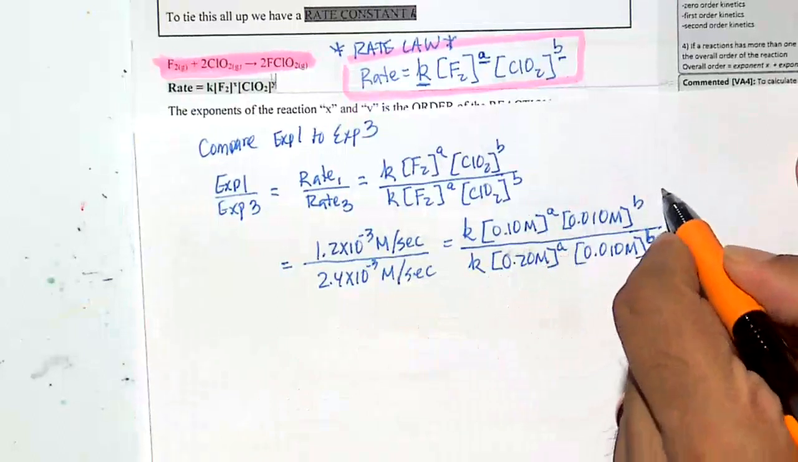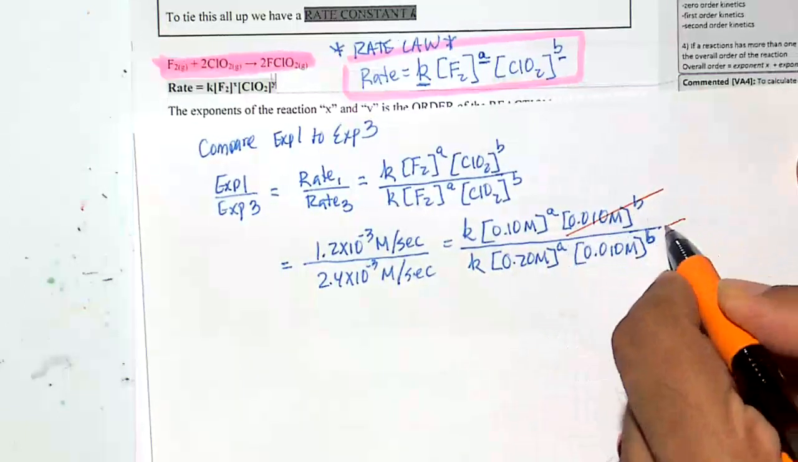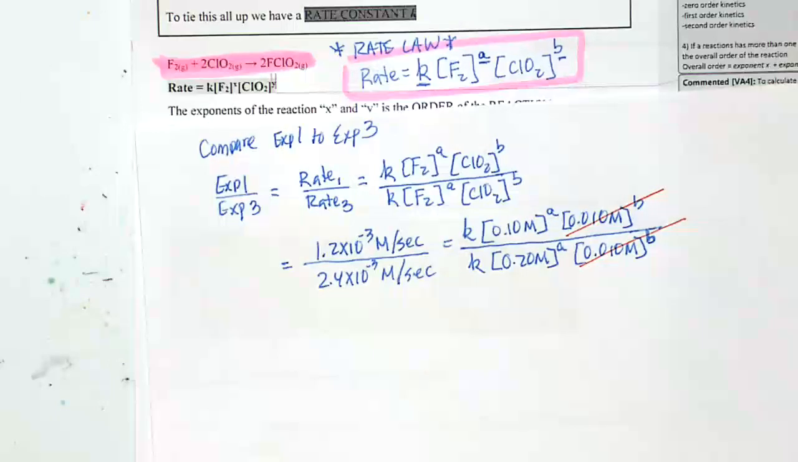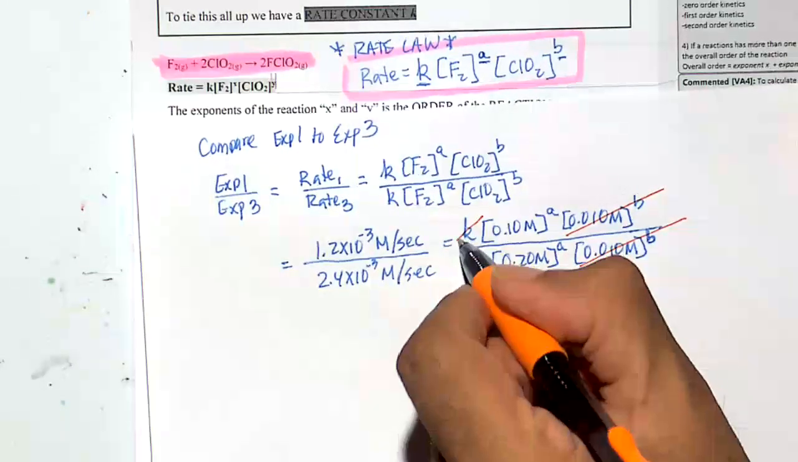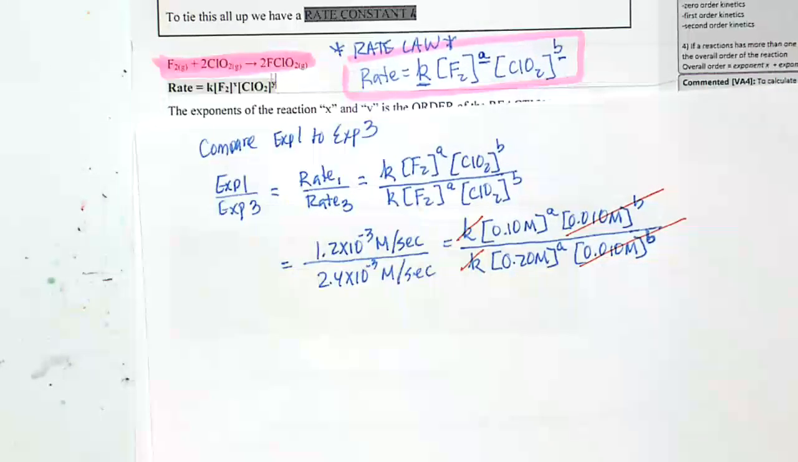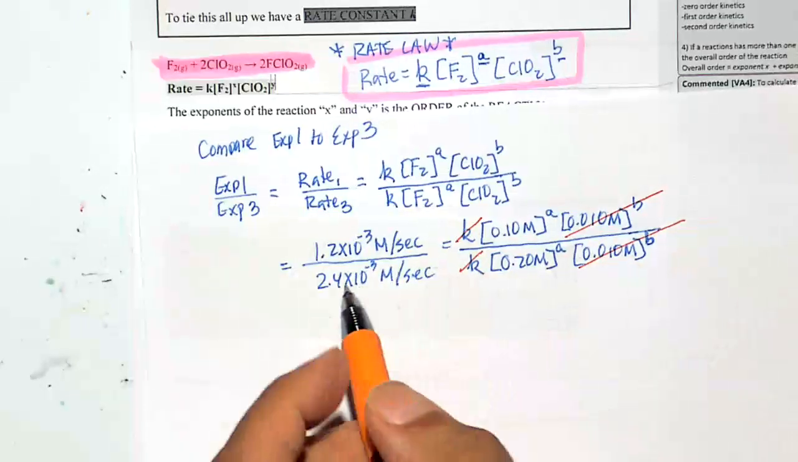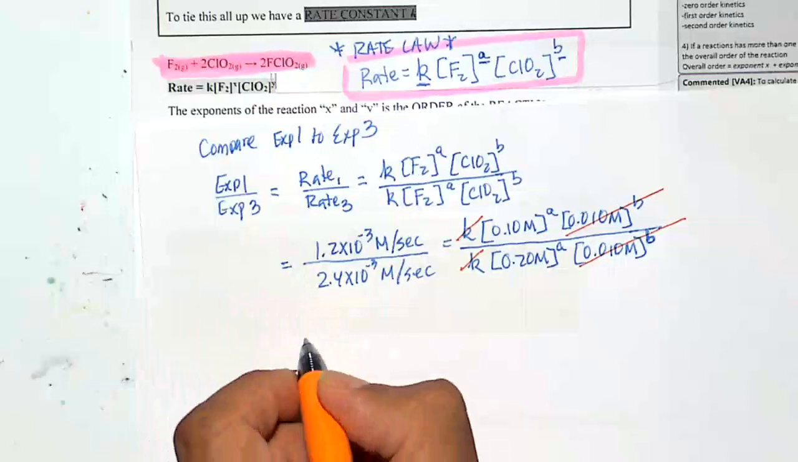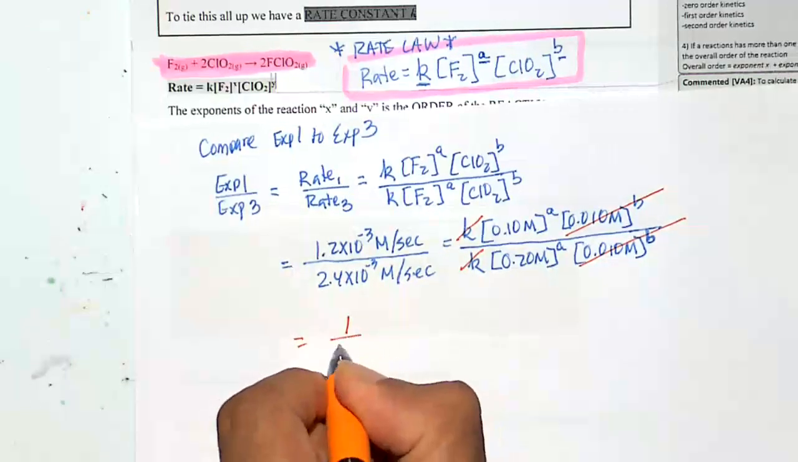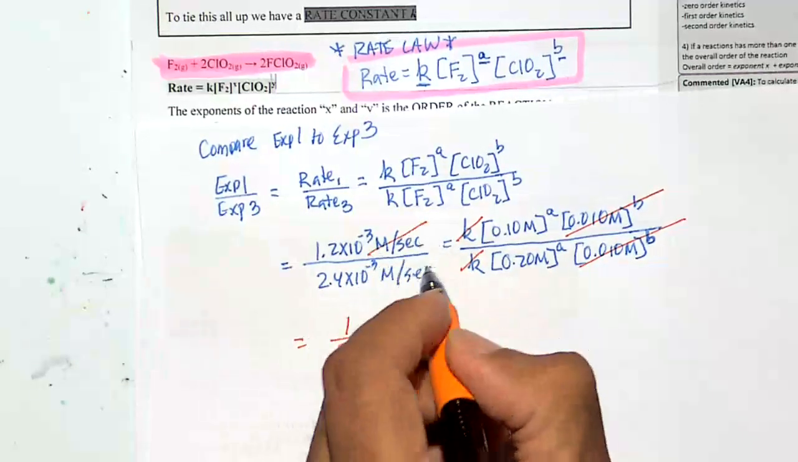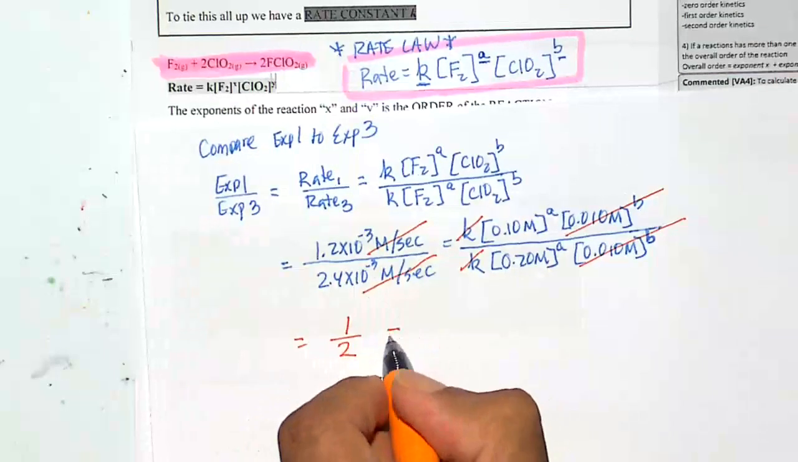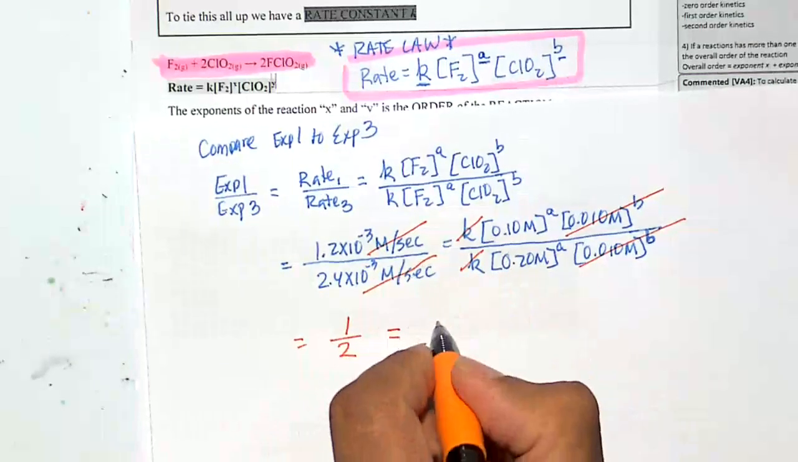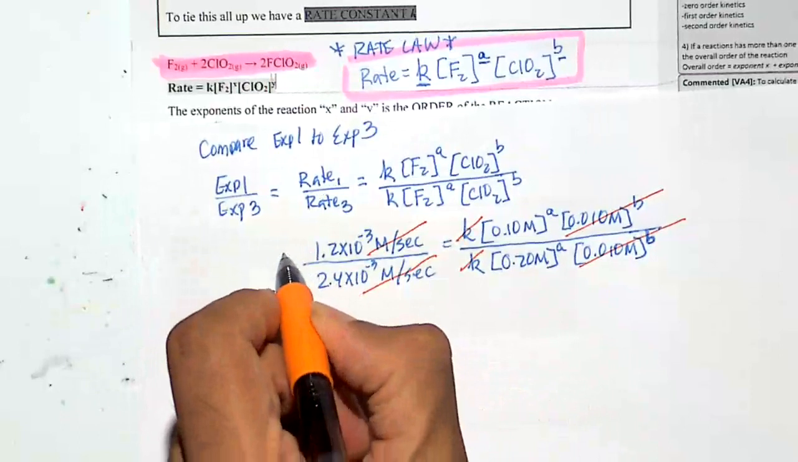All right, so the 0.010 molar to the power of B in both cancel. The rate constant K and K cancel. We'll have to calculate that at the end of this problem. 1.2 times 10 to the minus 3 divided by 2.4 times 10 to the minus 3 is 1/2. Molarity over second cancels. We are left with